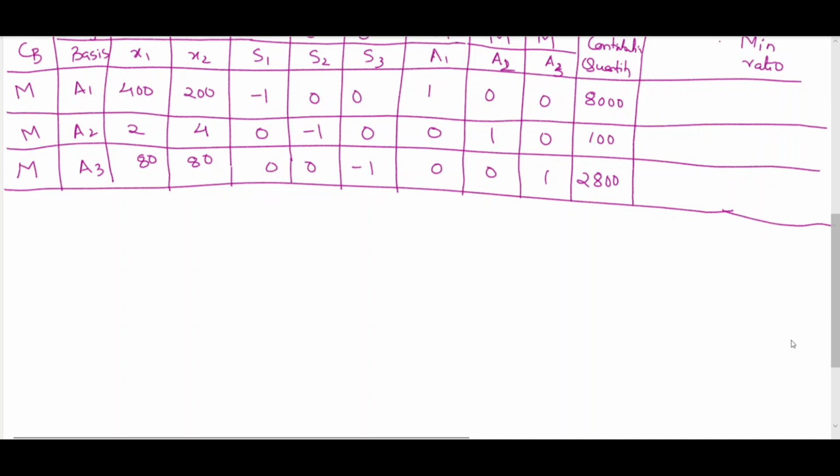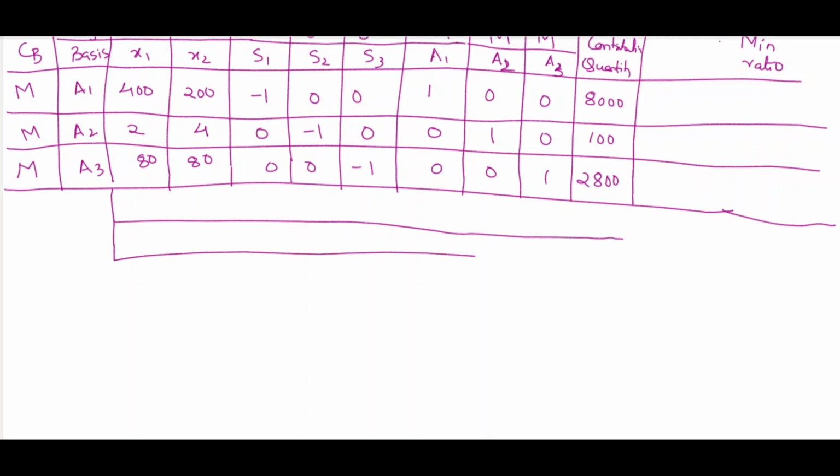So first we will compute Zj, as we have done for your maximization problem. Unless you understand the first one, which is the maximization problem, it will be difficult for you to understand this. Still, I am repeating the process so that you can understand it. So better you work out the previous lecture on maximization, then work out minimization, so it will be easy for you. So first you have to compute Zj.